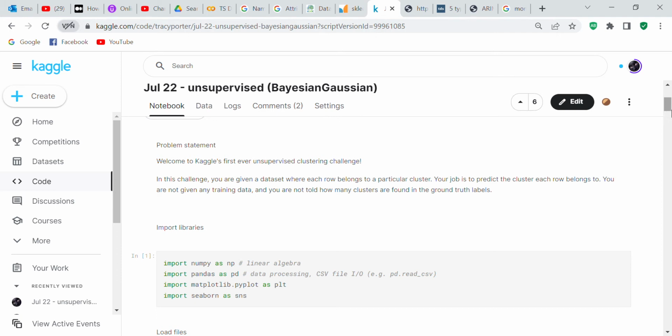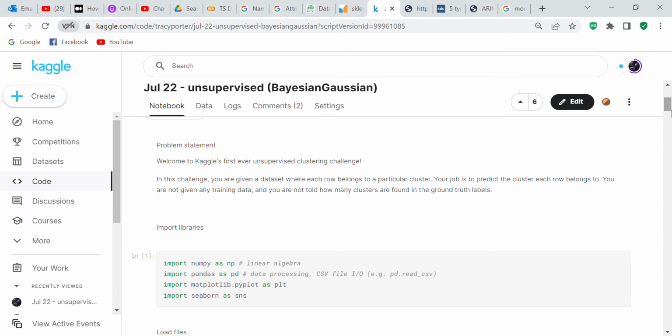clusters of data, but I'm not happy with that because I feel that Kaggle should have made the data set small enough to where we could use hierarchical or DBSCAN if they were not going to tell us how many clusters of data there were.